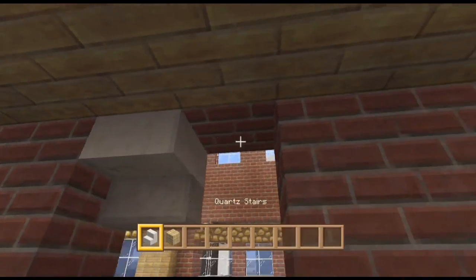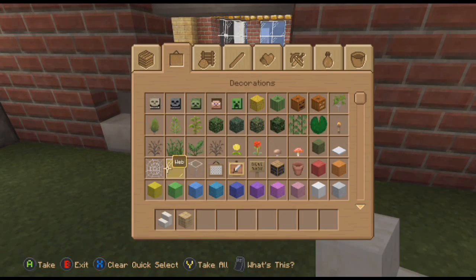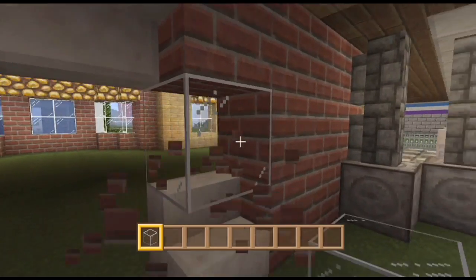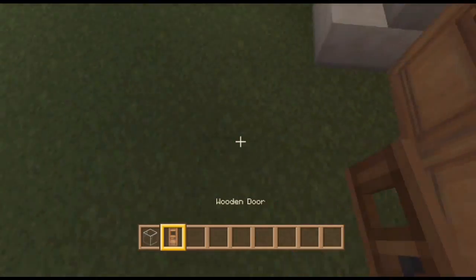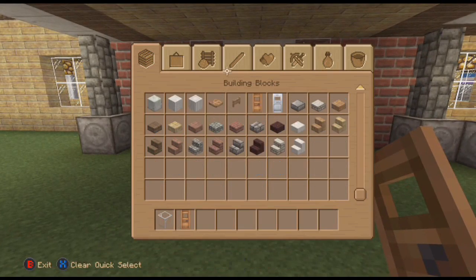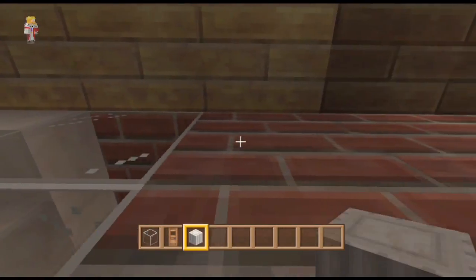So we're going to put something like this in, something like that in, and then if we get some glass blocks, maybe there and there. Can we go there and there as well? Would that look pretty good? And then have a couple of wooden doors on there like that. That's looking okay. Let's add some quartz pillar blocks, or maybe a quartz pillar one there,